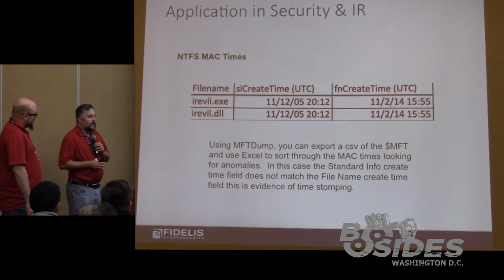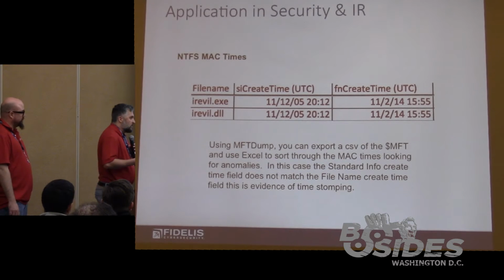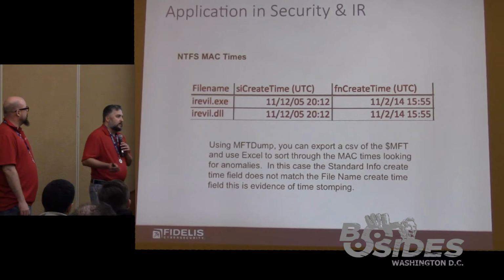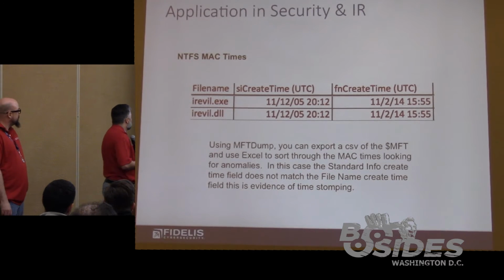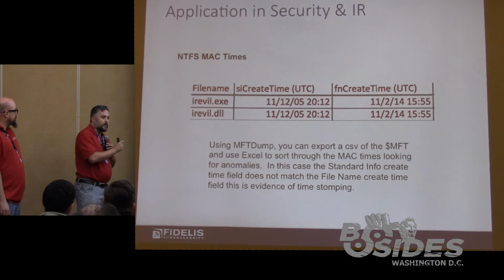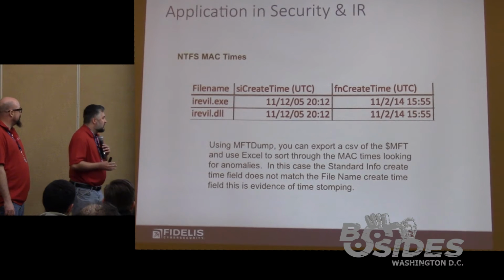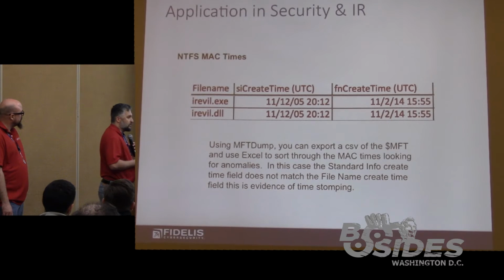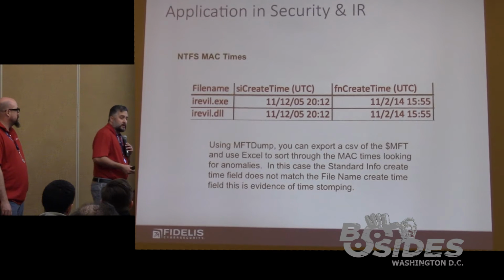Once we've exported that out, there's a really nice command line tool that I've used in the past called MFT Dump. What this does is it takes the contents of your master file table and dumps it out to a CSV so we can take a closer look. I spoke about the standard information and the file name times before, and we can see that they don't match up. Excel is great for a really quick look at this. Because these times don't match up, we can set up a filter to show us where the SI or the FN file times don't match. That should raise a red flag that this file has been tampered with, and we might want to take a closer look at this.